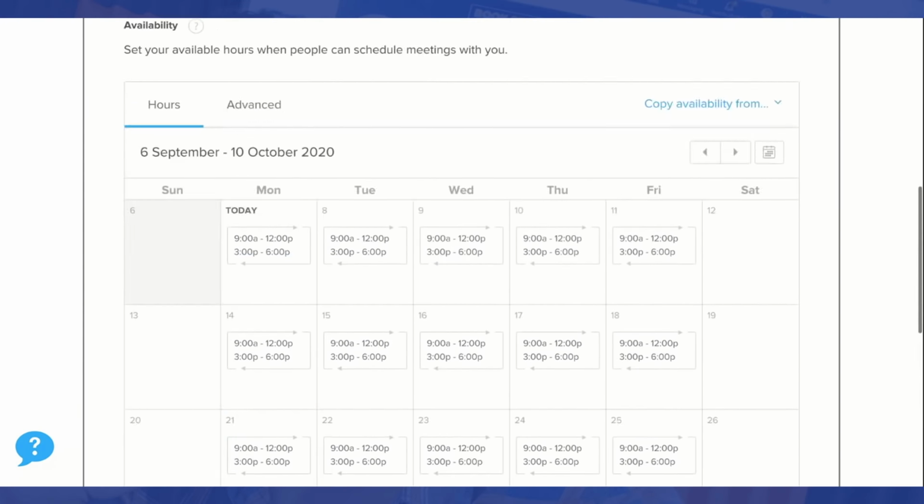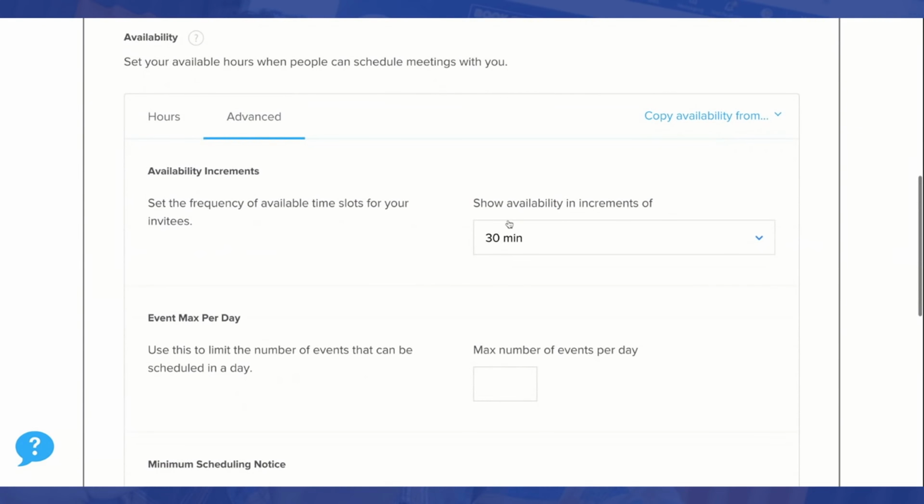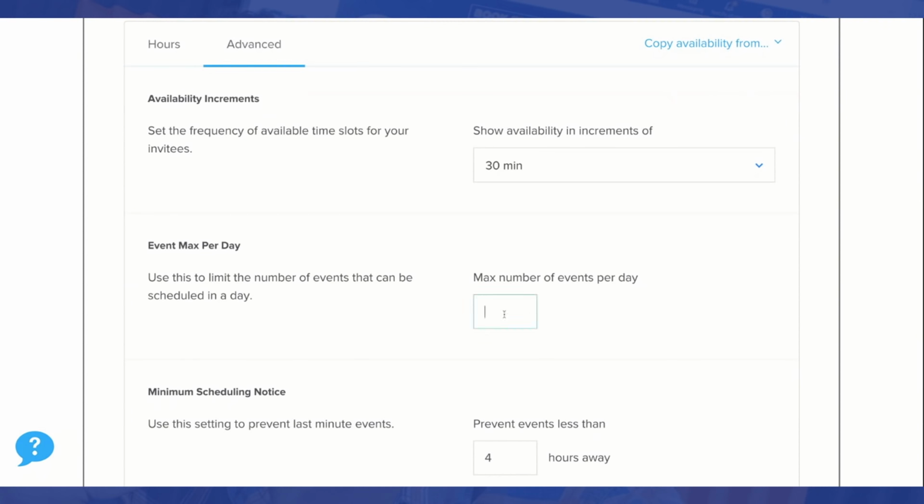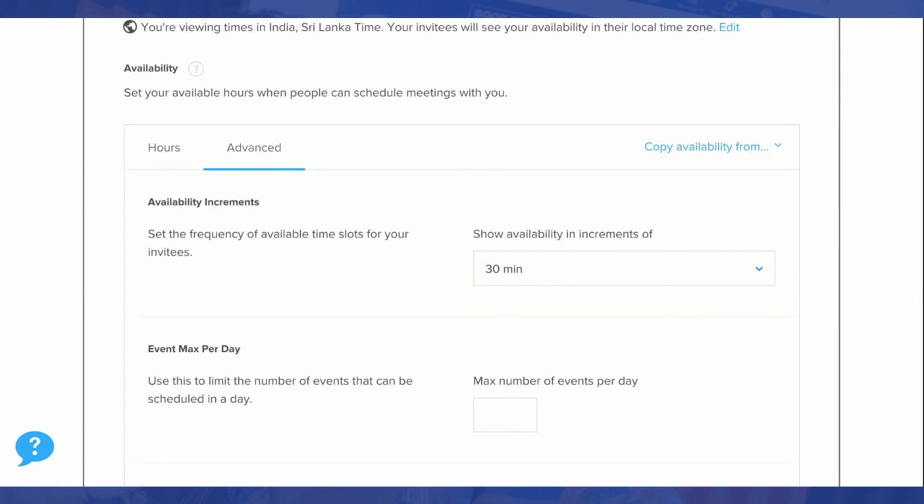On top of that, you can go into advanced, and in advanced, you can show availability in increments of 30 minutes or maybe 5 minutes or 45 minutes, 60 minutes. This is self-explanatory. You can just play around. Maximum number of events. So how many calls do you want to get per day? Do you want to get like 10 calls, 20 calls? Because now, see, you have